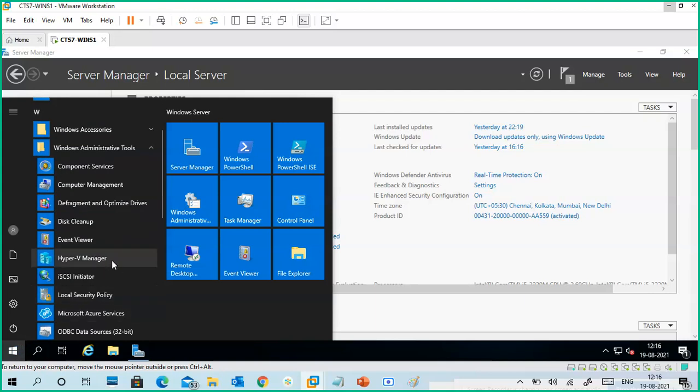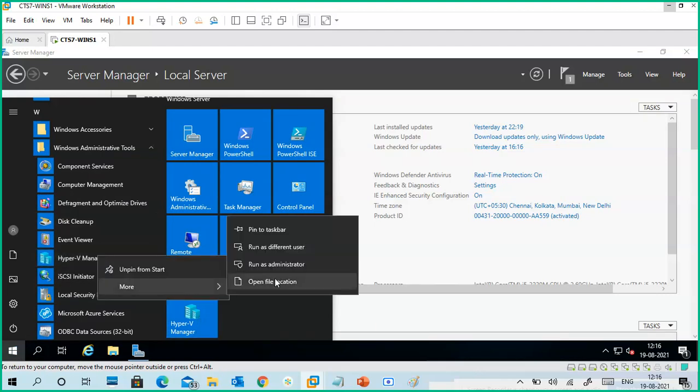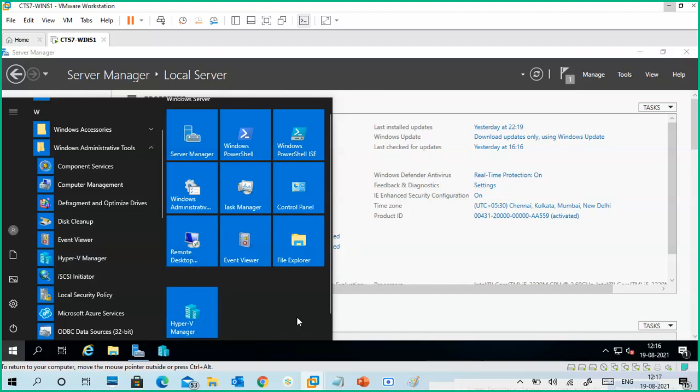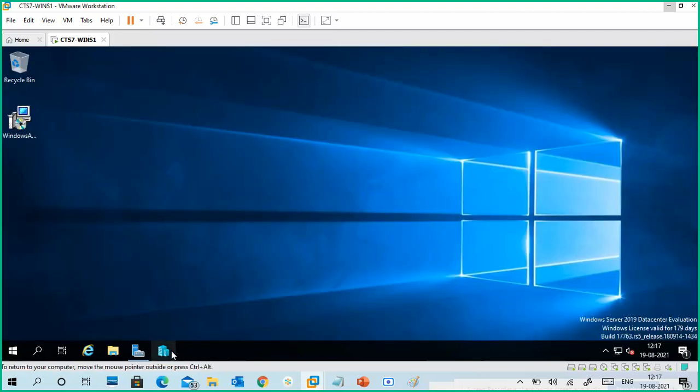What I'm going to do is right click on this Hyper-V Manager and pin to Start. Then I also go to More, Pin to taskbar. So then I got it here, and I don't need to worry about all this kind of stuff. Simply I will minimize, and I will go to Hyper-V.